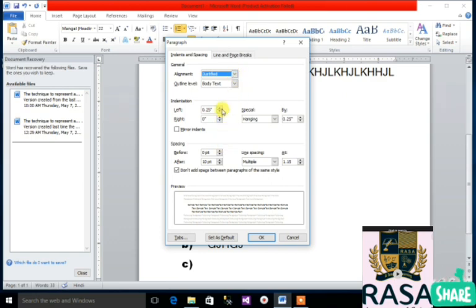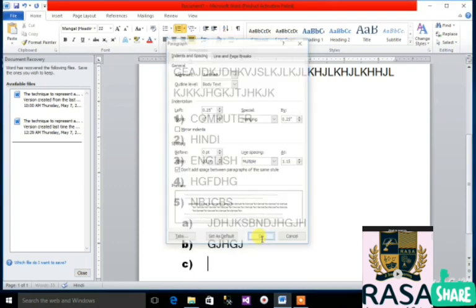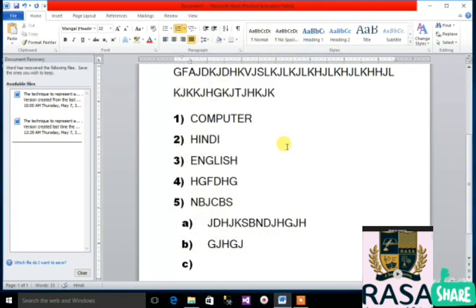Alignment we have used justify, and these are the left and right spacing. Okay, so here is the spacing before and after. So when you are writing a paragraph, it will specify the space between the lines, or space from the left side or right side.